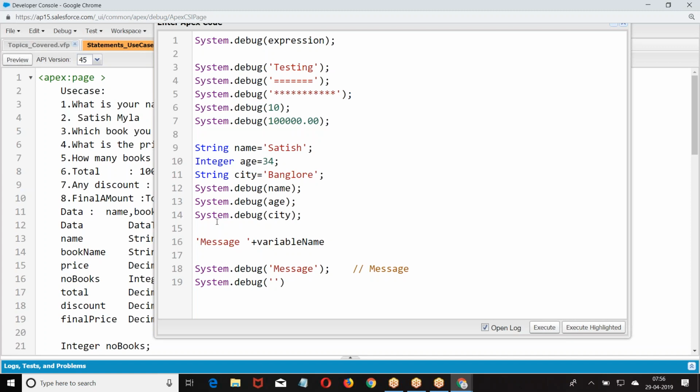Are you clear about this? So now tell me how you print the message here. System dot. Now there is a string. After the string, what do you want to print? A variable.